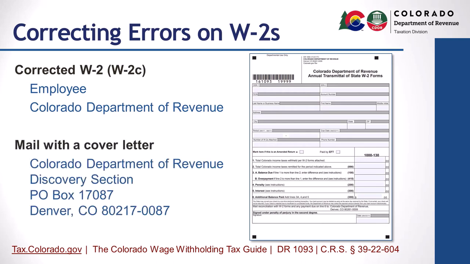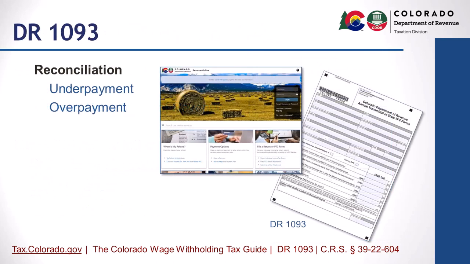Corrected W-2s should be mailed to the department along with a cover letter to the following address: Colorado Department of Revenue, Discovery Section, P.O. Box 17087, Denver, Colorado 80217-0087. The DR 1093 also serves as an annual reconciliation, which will allow you to reconcile all of the payments